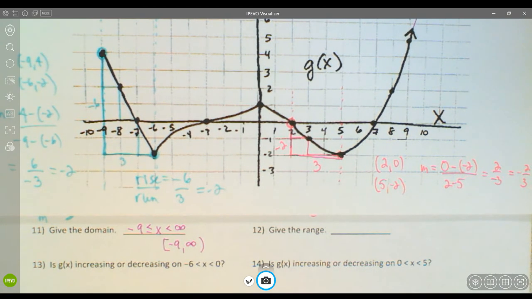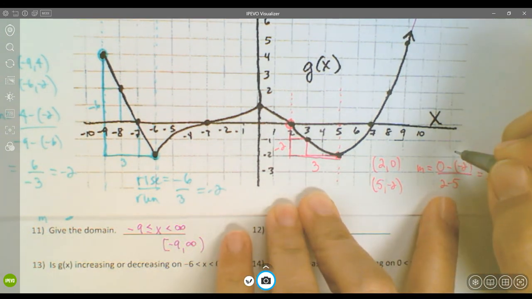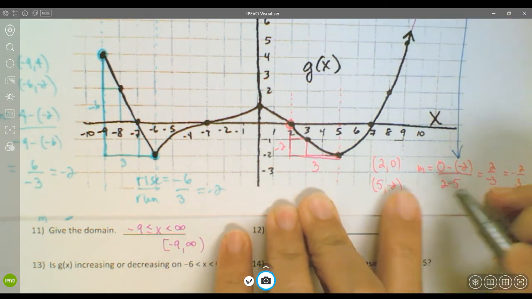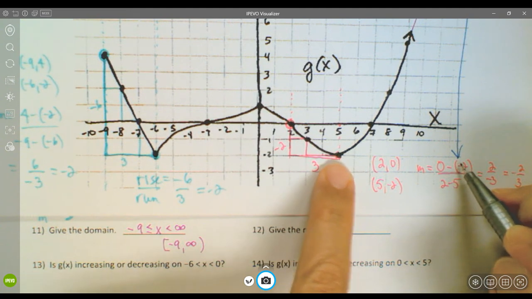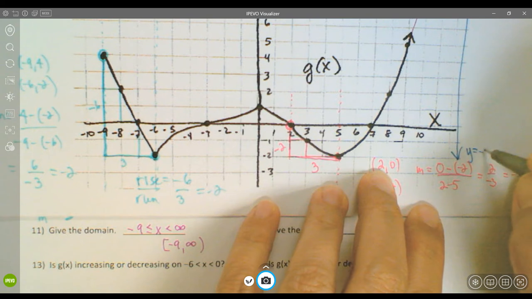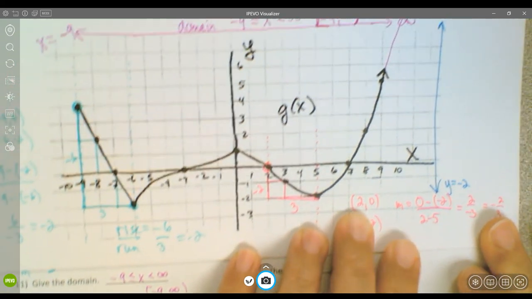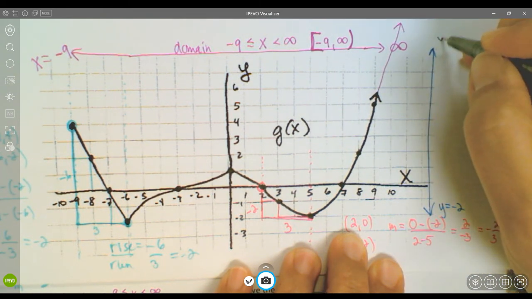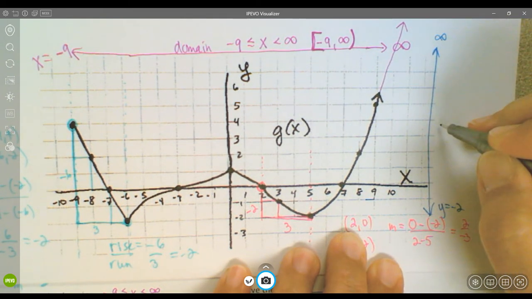And I kind of liked using the lines there to work with domain. I believe I shall do the same for range. So remember, the range is the set of y values. How low does this thing go versus how high does this thing go? Well, my lowest point appears to be -2, and we touch the -2. And the highest that this goes is forever. So we're going to go to infinity. So my range